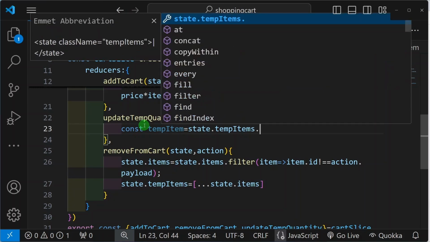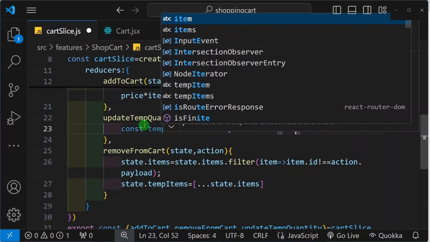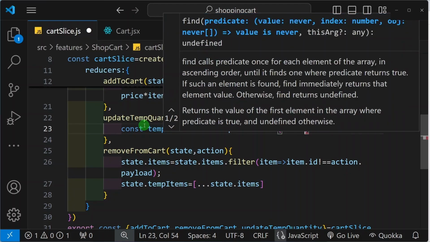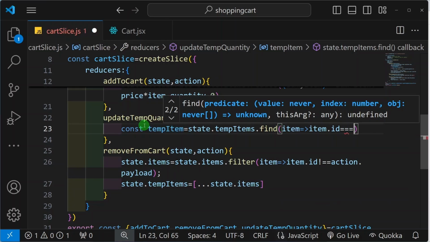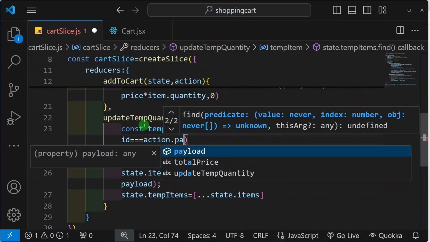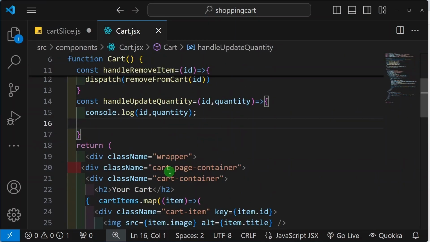Now on this, again, I will be using the find method. Inside this, I will be passing a callback function. Here I will write item.id is equal to action.payload.id. Okay. Now, as soon as we dispatch the action, imagine I have ID1, ID2 and ID3